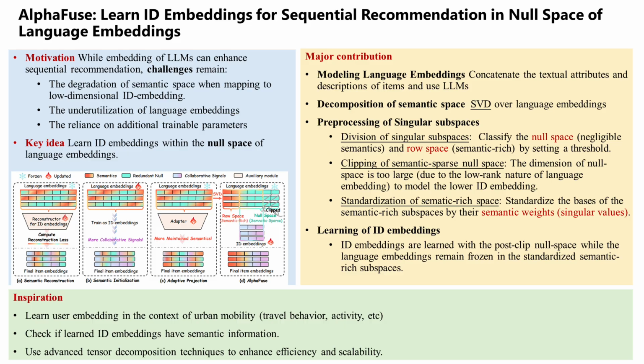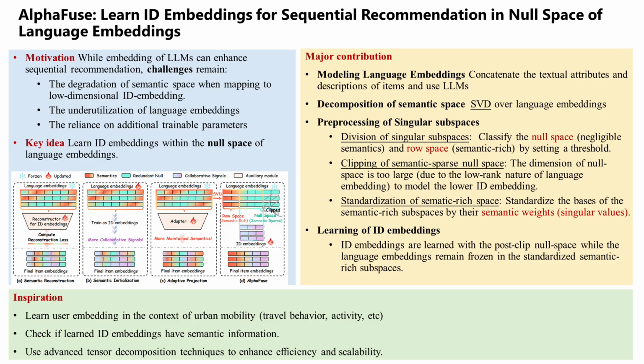Exactly. And I think this is the real aha moment. The research shows that for recommendation tasks, this null space is enormous. Really? I would have assumed a big LLM vector would be dense with information. It's a common misconception. The dimensionality is high, but the actual rank, the amount of useful, non-redundant information, is quite low for this specific task.